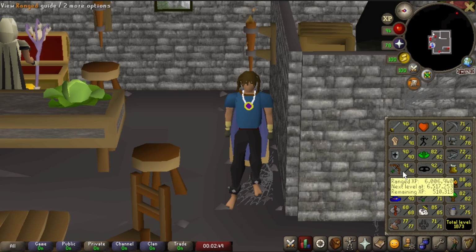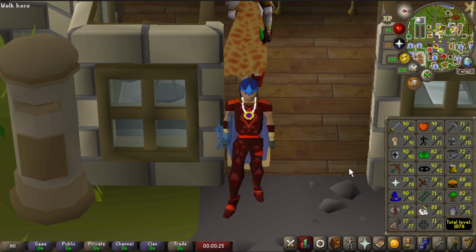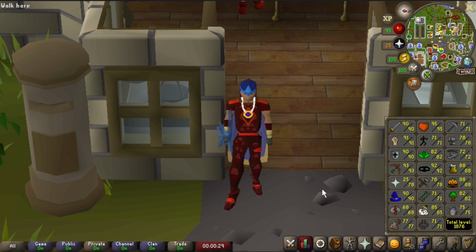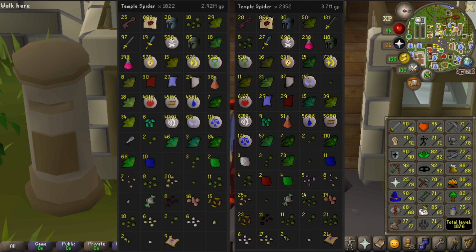Well, the 24 hours is up, and let's go ahead and take a look at the skills. When we started, we had 94 hit points and we had 91 range. We got 2 whole range levels from this. We killed roughly 5,000 temple spiders, and I will be showing the loot from the loot tab up on the